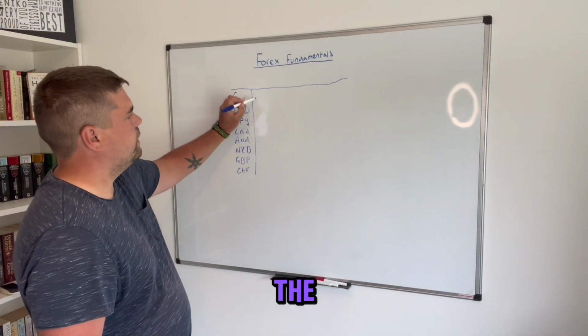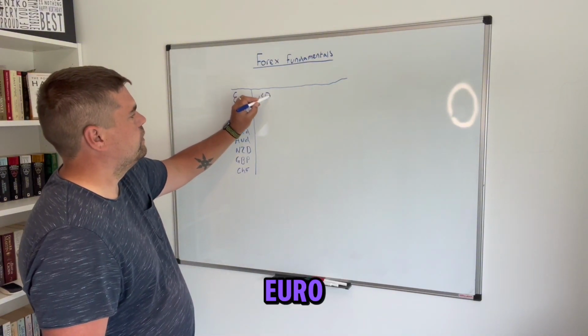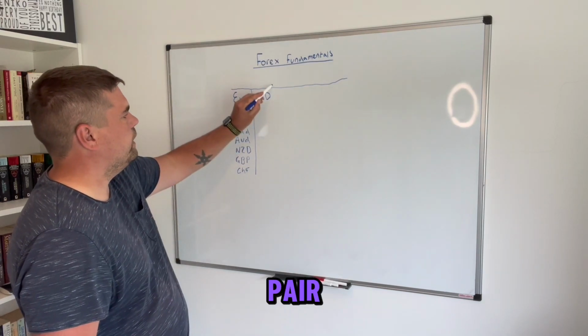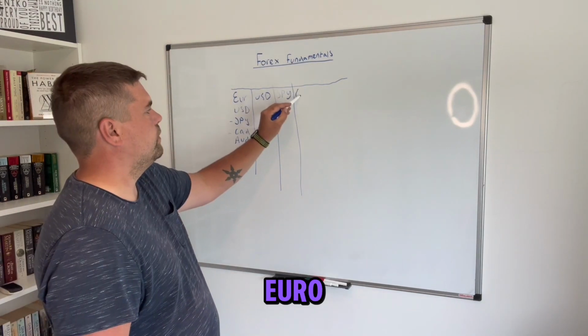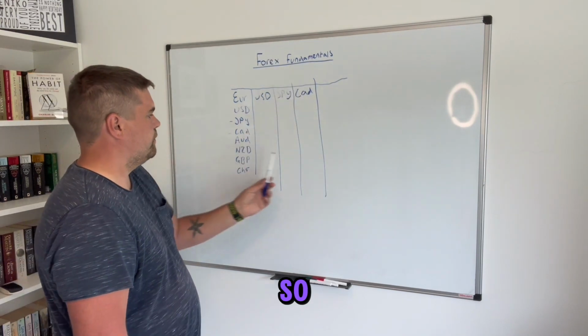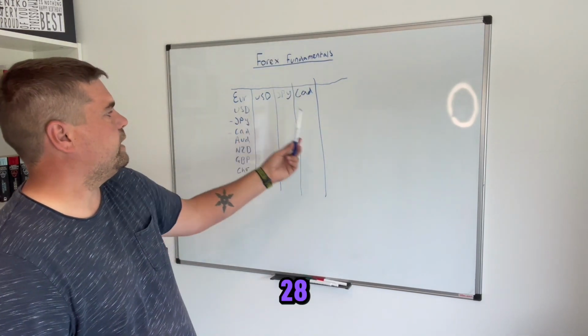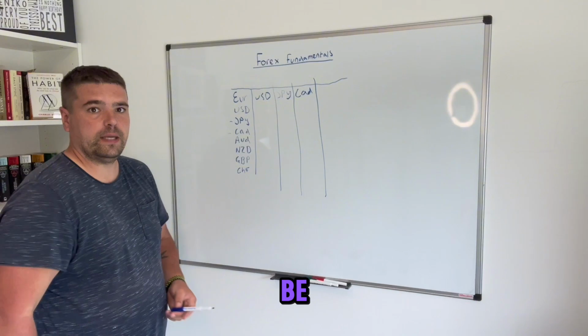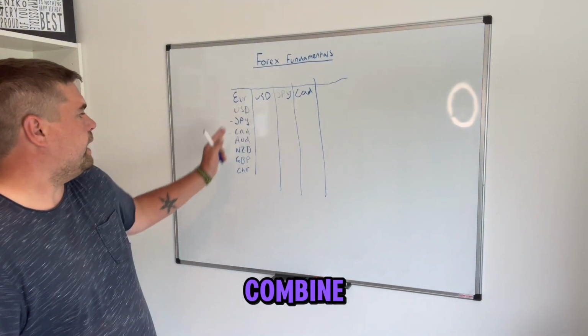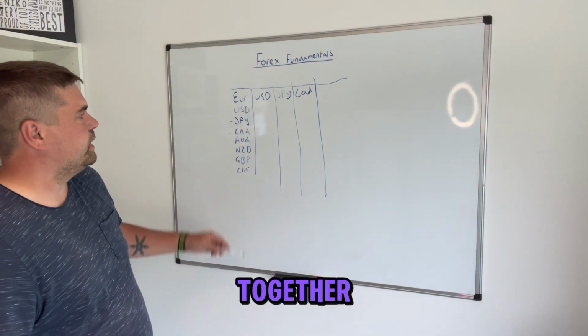So you would have the euro versus the dollar would be one pair, the euro Japanese yen, the euro Canadian dollar, so on and so forth. This would give you then 28 different pairs that you would be able to trade from. Combine any two of them and you'll be able to put them together. So you could have